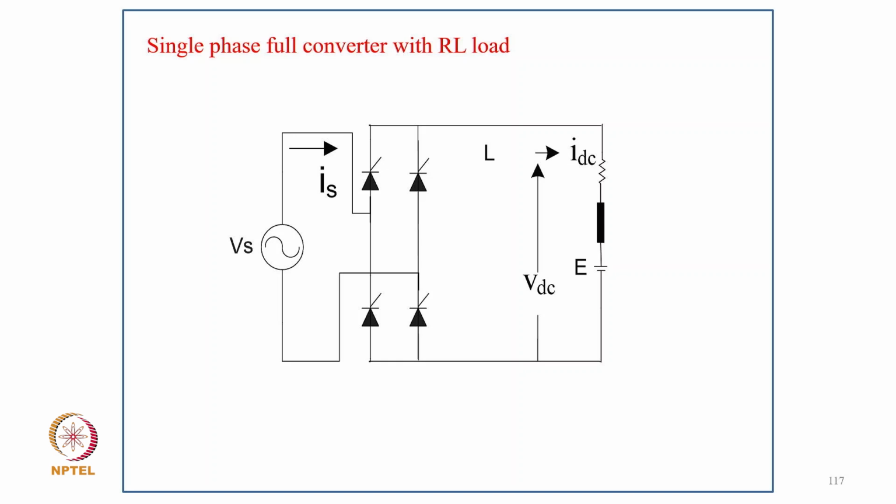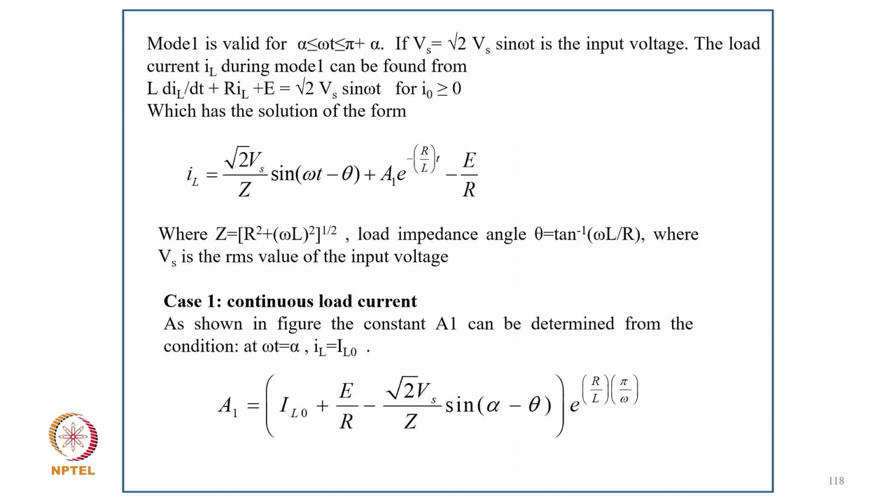So this is typically fully controlled converter with of course RLE load. So model is valid for alpha to pi plus alpha. If V equal to root 2 Vs sin omega t, the input voltage, the load current IL model can be found out, mode 1. So L dIL by dt plus R IL plus E equal to root 2 Vs sin omega t for IL greater than 0, which can have a solution of IL equal to root 2 Vs